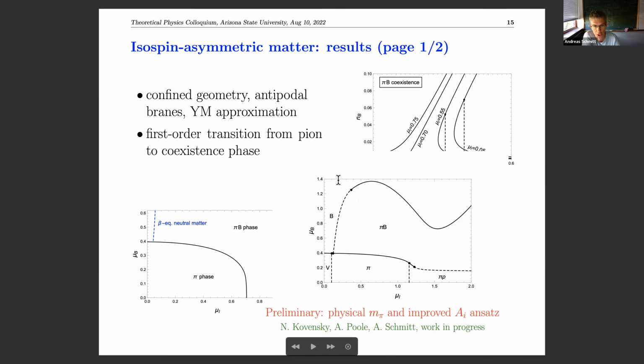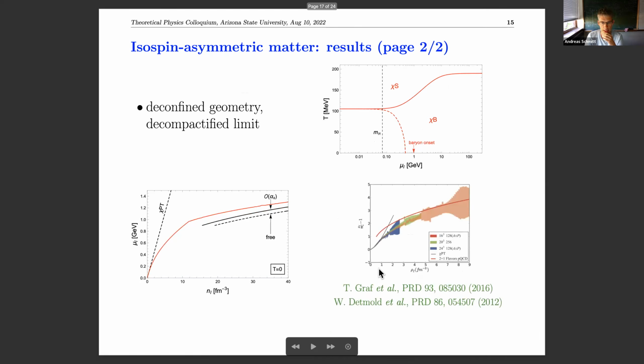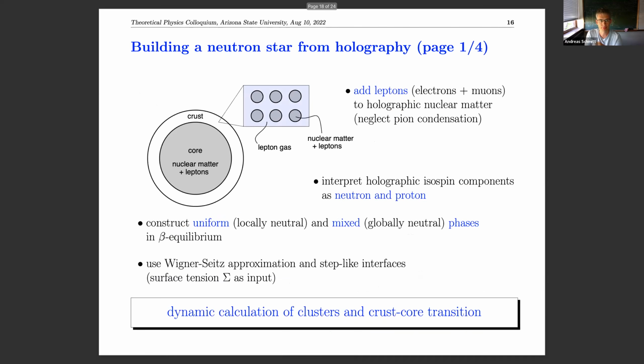If I put this blue line now here, we haven't actually done it, but I think it would not cross this dashed line. I will actually have to check this. But that's one of the predictions we get now in the presence of the pion mass. There are other features which we think is now more realistic, but let me skip this because I want to have enough time for the neutron stars. I will also skip the finite temperature bits, which we did. Let me really save enough time, the last 15 minutes, for the neutron stars.